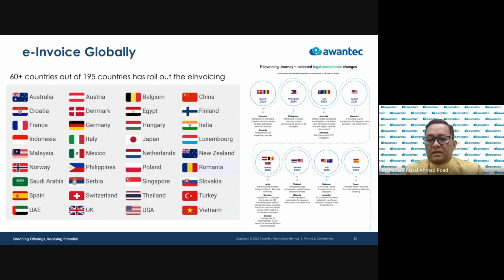In terms of timeline, one of the earlier similar implementations was in Australia. Australia was quite interesting because they forced all companies to use PEPPOL. PEPPOL is an international standard for document exchange, specifically for e-invoice. PEPPOL has been used mostly in Europe and many parts of the region, right?